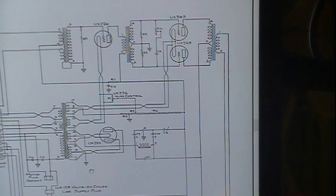So I just wanted to show you the two main problems: trying to fit two very large transformers, and where and how I was going to fit them. The other problem was coming up with this. Now I actually had one other problem, because at first I thought I did, because that filament supply I needed,